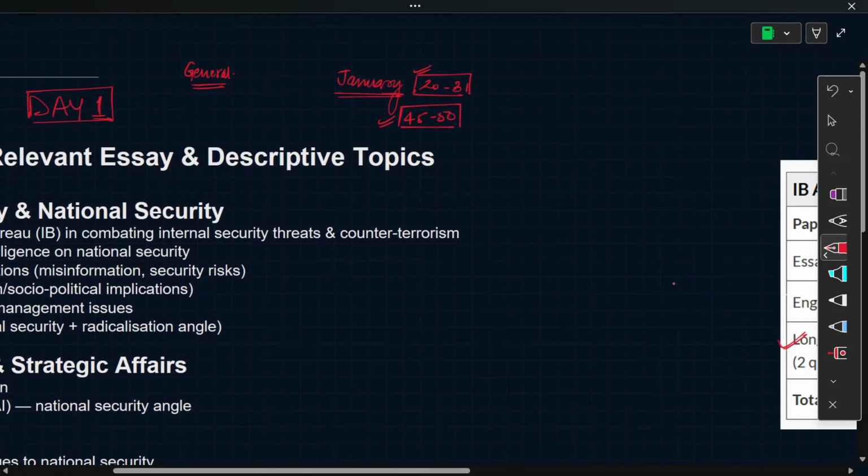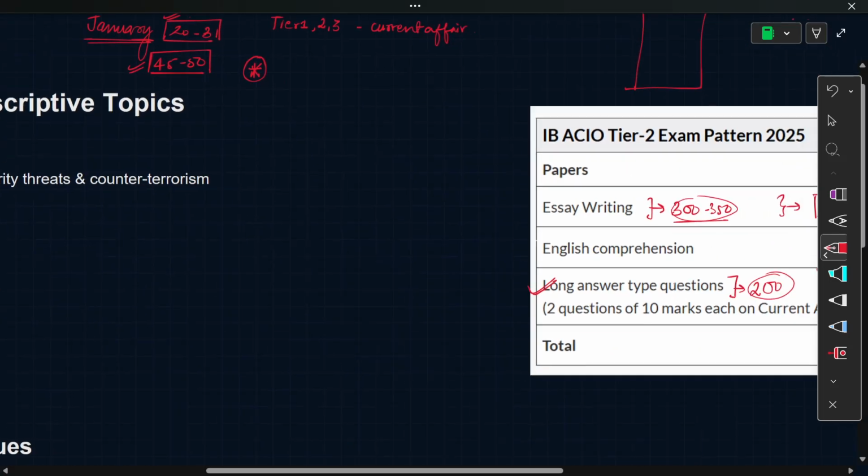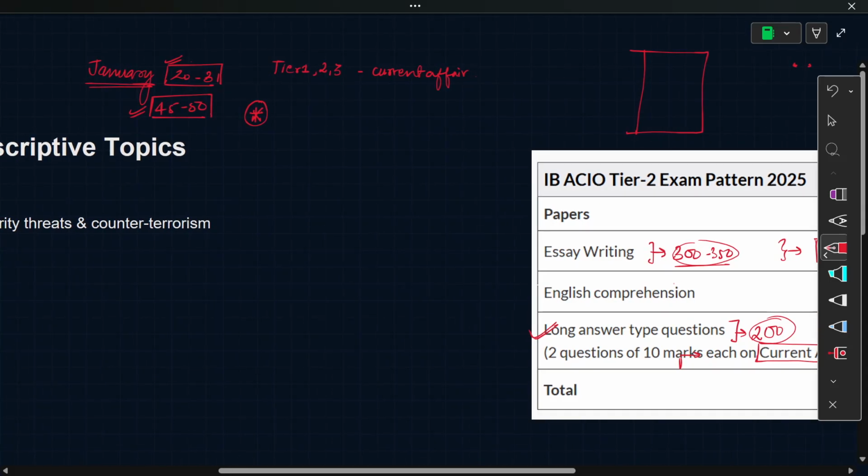One thing I need to emphasize right at the start is that if you're focusing on IB, keep in mind that IB, in all its levels of examination, Tier 1, Tier 2, and Tier 3, focuses a lot on current affairs. It is clearly mentioned in the syllabus as well, if we can take the liberty to call it a syllabus. My sources, selected candidates, have confirmed that they have definitely asked current affairs based questions in past years and also in interviews. So it will always be a good bet to go all out on current affairs and focus a lot on newspaper reading